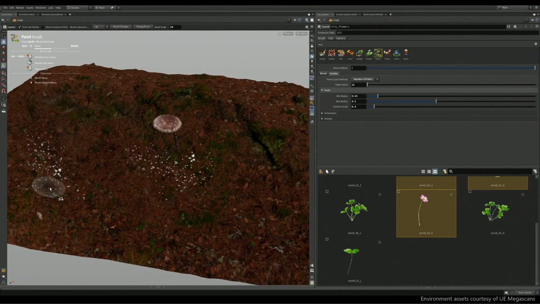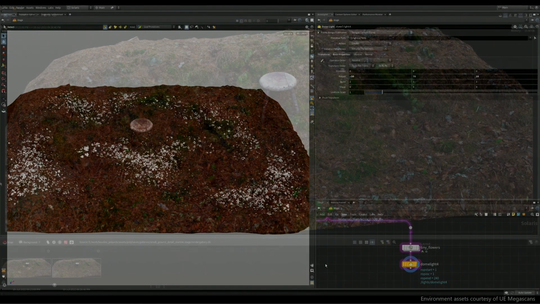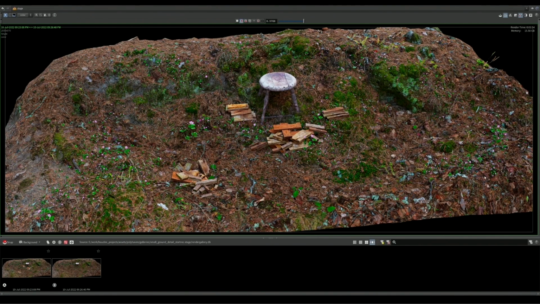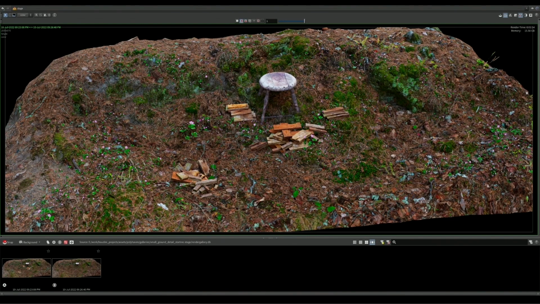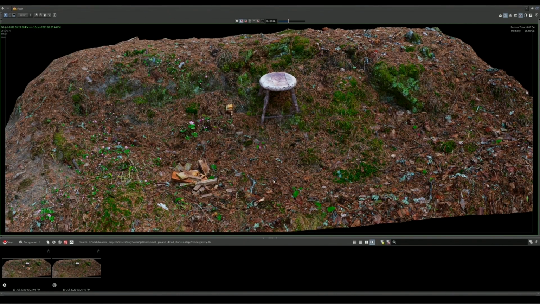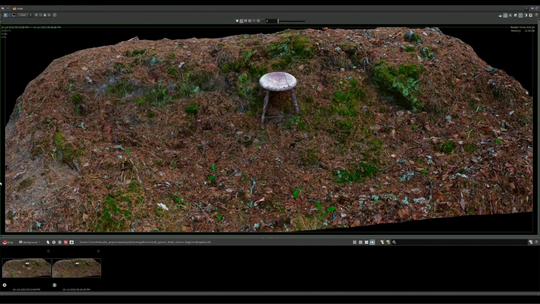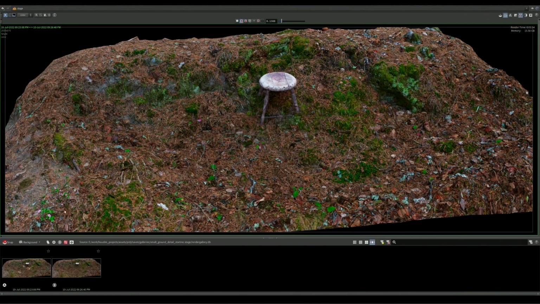What you're seeing here is an example of our scatter brush. We've also added a stack brush that will allow you to stack items on top of each other. For example, these pieces of wood you see. Once the items are stacked, you can push them around and they will collide with each other.